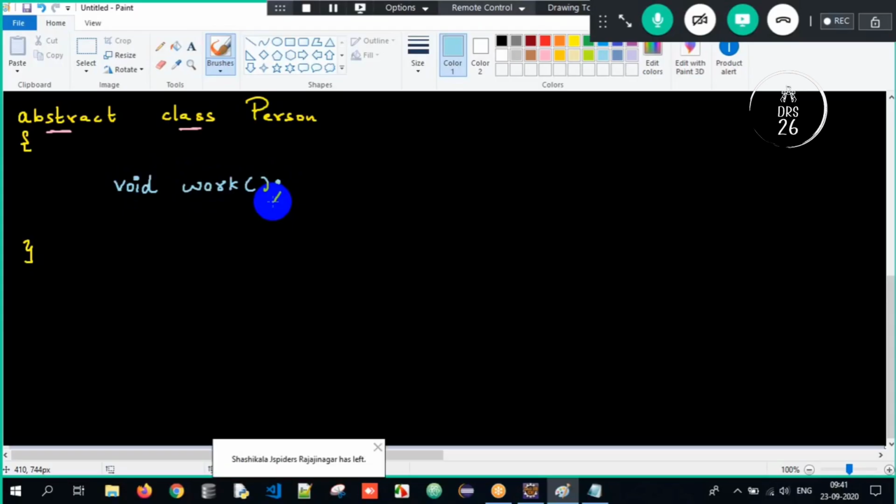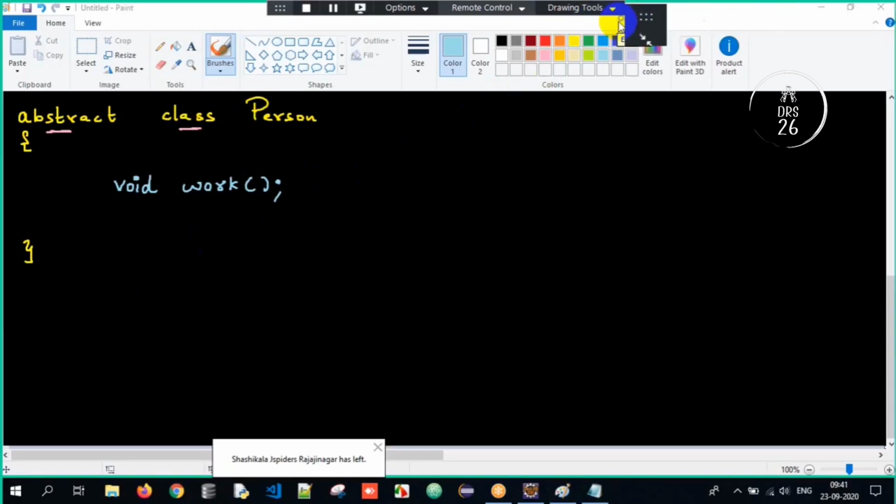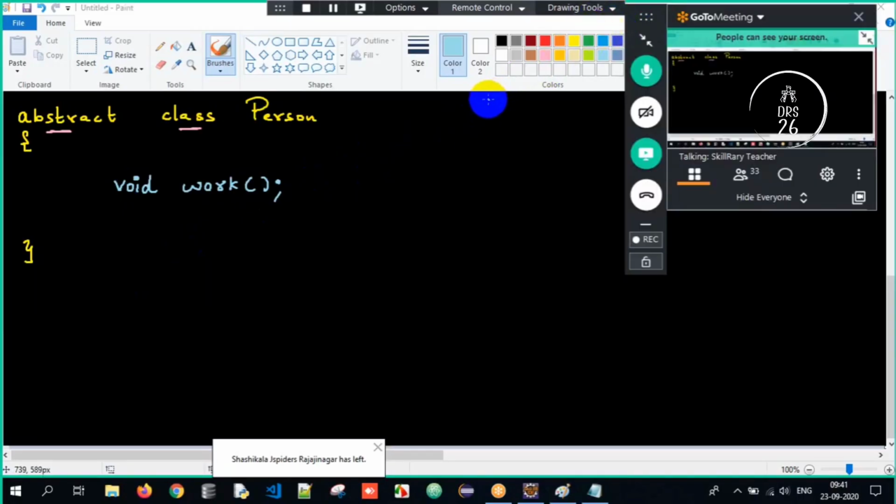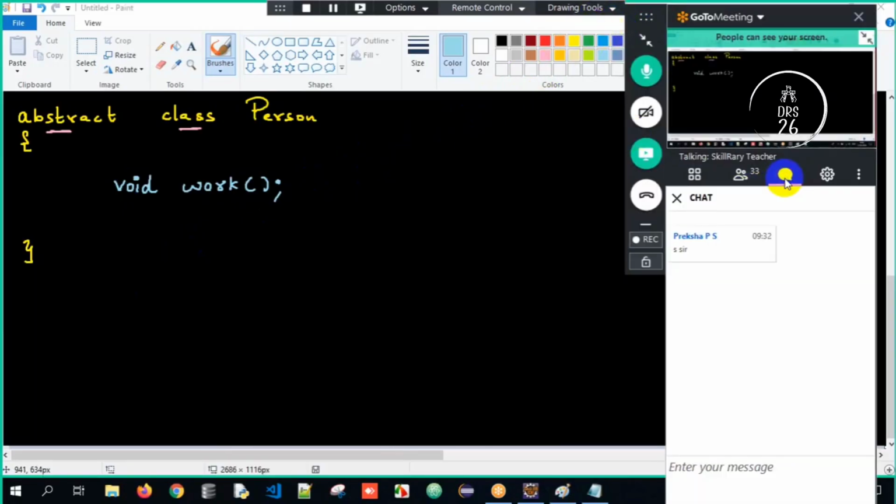Clear everyone over here? So this is all about the entire process. Now tell me guys, is it a syntactically valid abstract method? Yes or no? I'm expecting an answer here. Quickly tell me, is it a syntactically valid abstract method here? Yes or no?